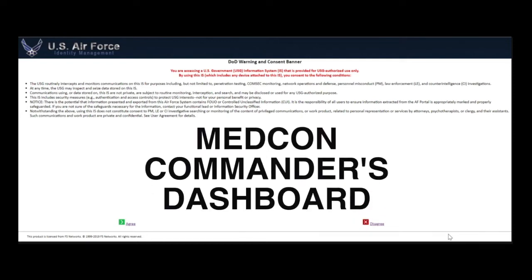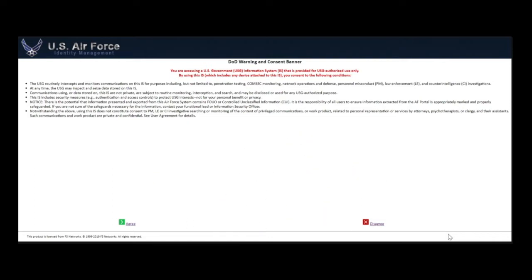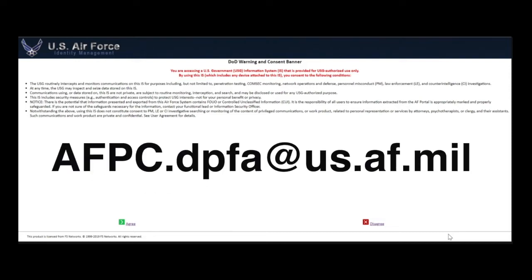Ladies and gentlemen, on behalf of everyone at AFPC's Directorate of Airmen and Family Care and the MedCon Case Management Division, I'm pleased to present the MedCon Commander's Dashboard. If you require access to the MedCon Commander's Dashboard, please email our org box at